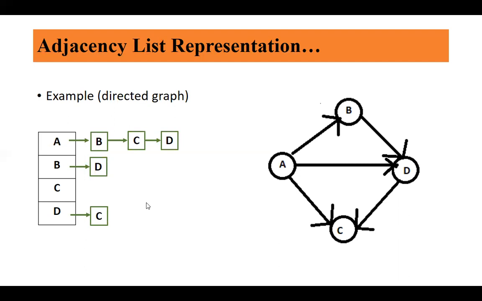Now, which is better? Adjacency list or adjacency matrix? In the case of an adjacency matrix, you have a whole array, which is a static data structure, and the locations are fixed, even if there is a path or no path. Whether there is connectivity or not, at least the zero entries will be stored. But in the case of an adjacency list, it will have only the entries which exist. But the drawback of the adjacency list representation is the extra implementation of a data structure, that is a linked list, which needs to be maintained.